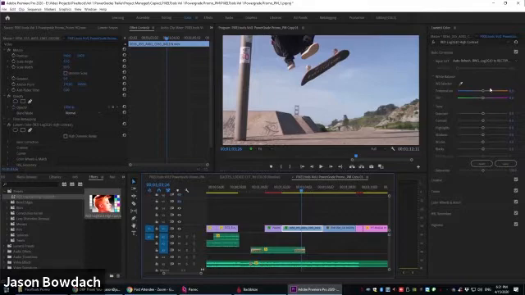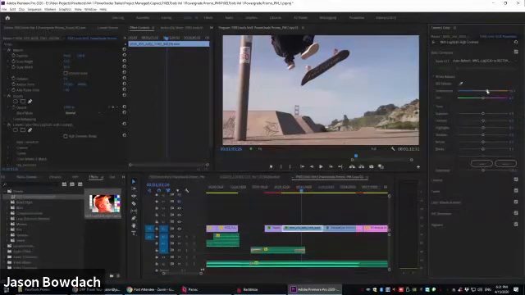So for instance, if I actually wanted to warm this up a tiny bit, bring the exposure down a tiny bit, and add some contrast to make this really much more of a look, I can go ahead and save that off as another look and either apply it on top of the clip, or I can take the input LUT off and now save this as a look that I can apply on different clips, even if it's not made for this specific red camera.